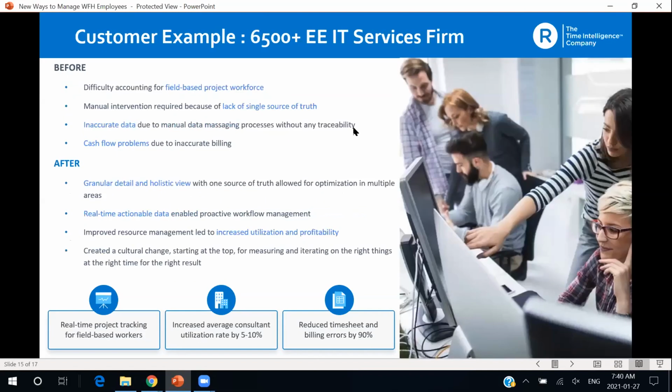And we can actually really see this in action with our 6,500 employee IT services firm. So they had field-based workers, which meant not everyone was consistently logging their information in the same way, and that was creating data silos, and it just made trying to understand all this information so difficult because they didn't have that single source of truth for their time. And this ultimately led to cash flow problems and inaccurate data, and this all snowballed and just created even more